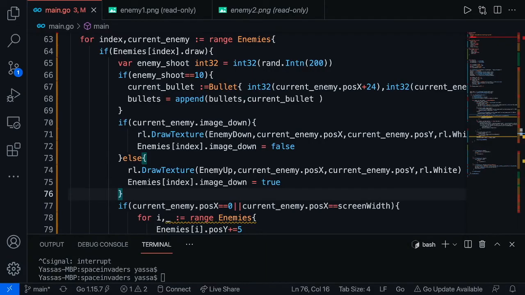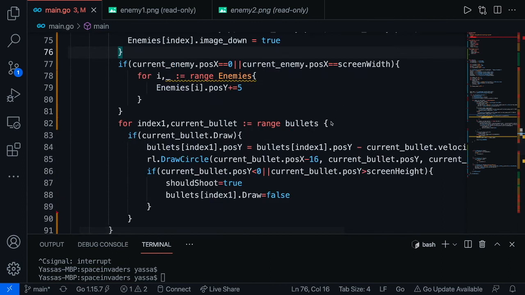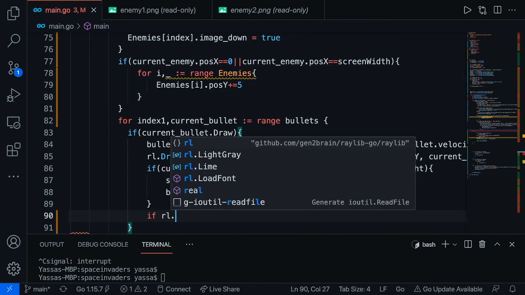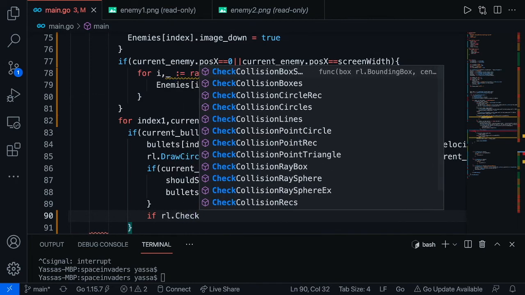Alright, so in order to check to see if the enemies are touching the bullets, and in order to make them disappear, we're going to have to use colliders. So we're going to have two main if statements that are going to deal with this. So head on over to where your bullets are, and we're going to work on it over here. The first thing we're going to want to do is check to see if the enemy itself is touching the bullet. So first, let's create a check for collisions. So we're going to go if rl.check collisions,